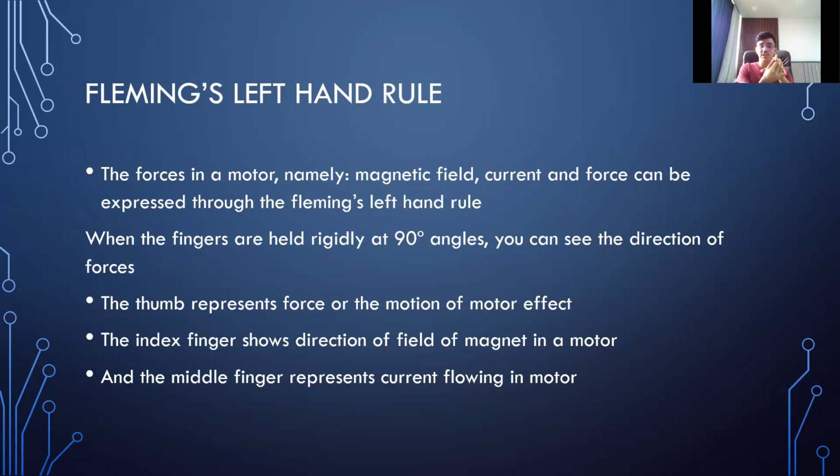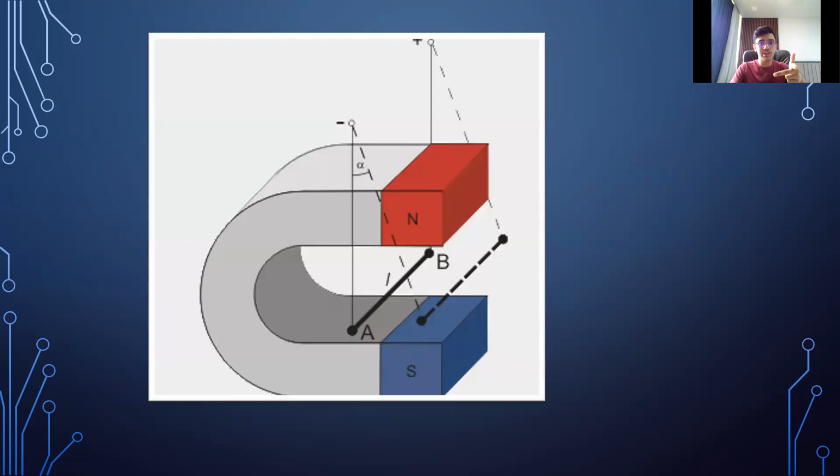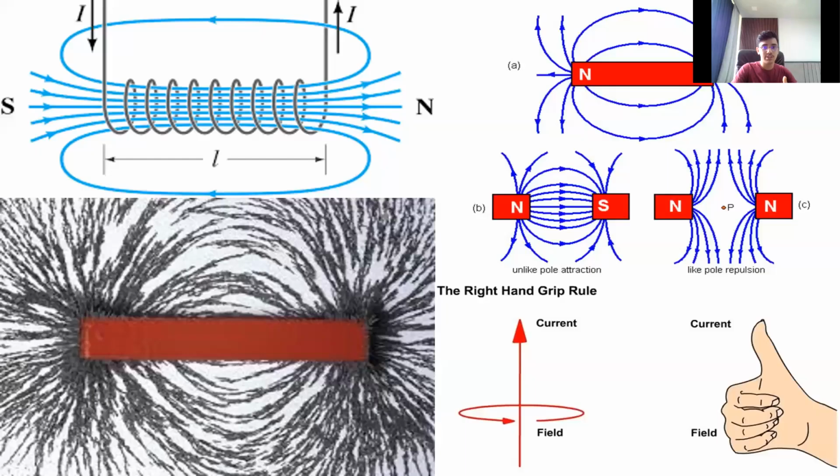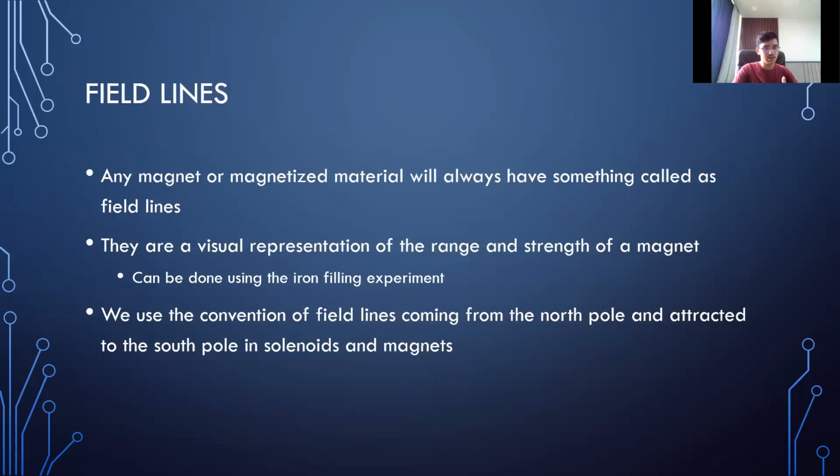The index finger shows the direction of the magnetic field in a motor, and the middle finger represents the current flowing in the motor. Let me show you with this question here. So we have the thumb, which indicates motion, the middle finger, which is current, and the first finger, which is the magnetic field. Like I told you before in this first slide,